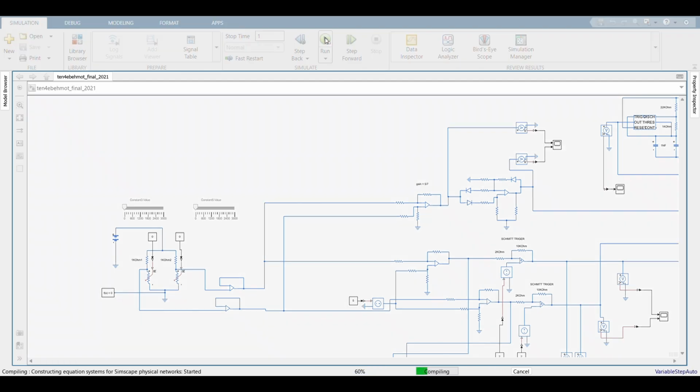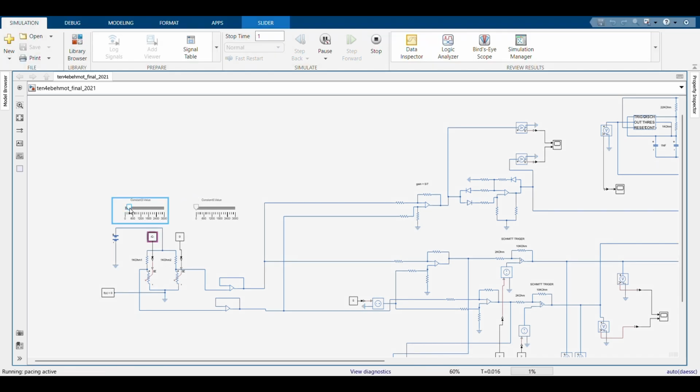This is our project that we have been working on in the systems course. You can notice on the left side of the simulation done on Simulink, we have two sliders changing the value of the resistance of the two LDRs we have put in the voltage divider. By changing these values, which I'm gonna do now, the two voltages resulting from the two voltage dividers are gonna